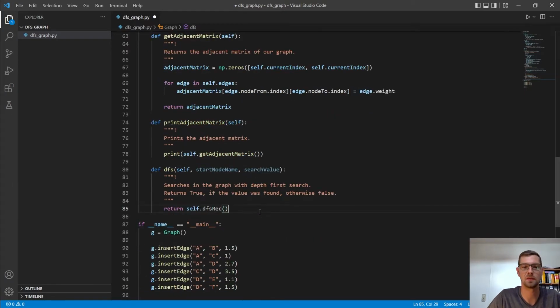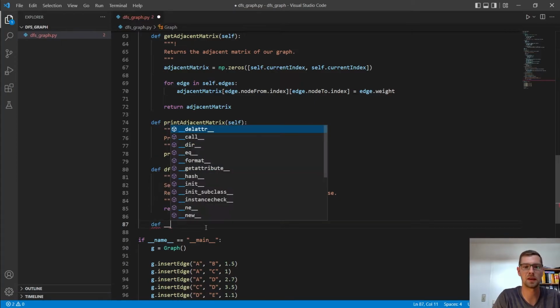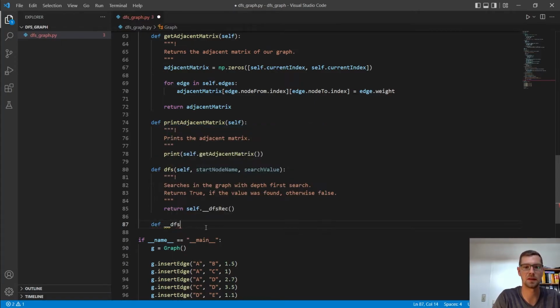So here we can say return the value that was returned by our recursive helper method. And let's also make this private because we usually don't need this recursive method, it just gets invoked by our depth first search method. And then we create this one, and we call it dfs_rec for depth first search recursive,